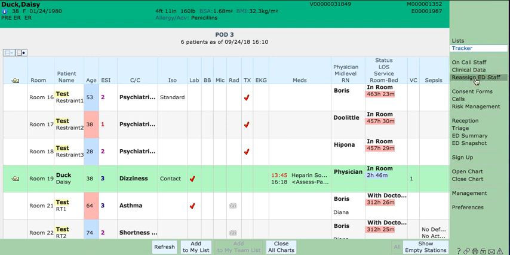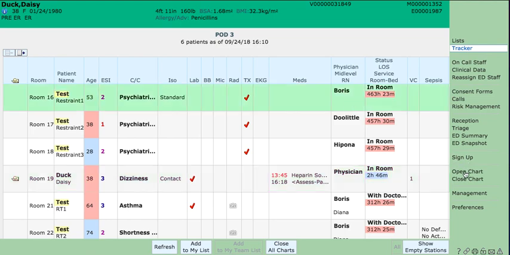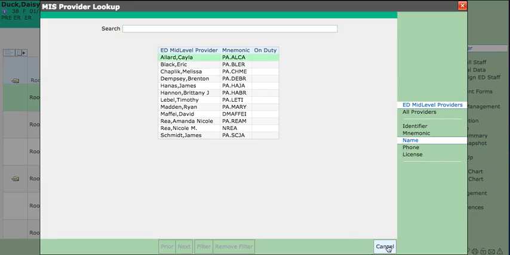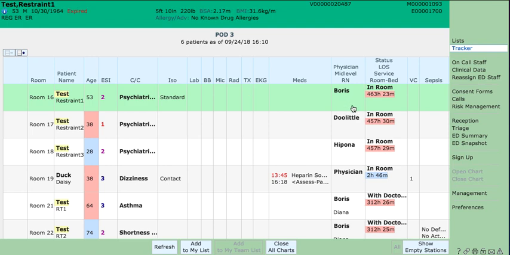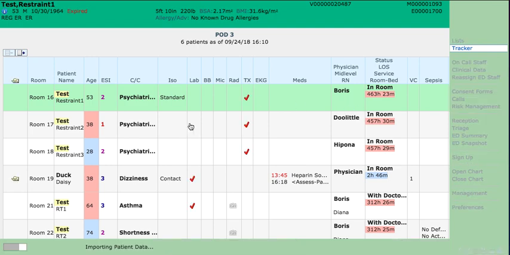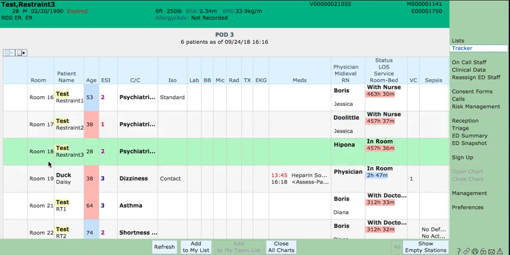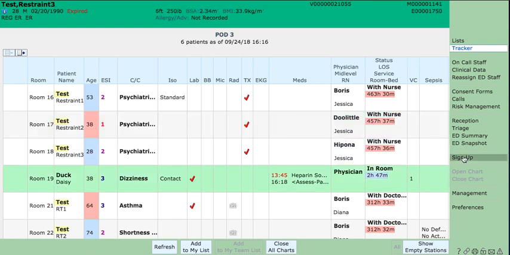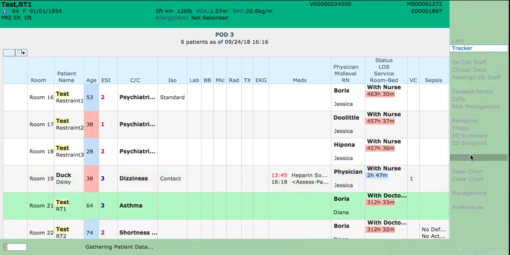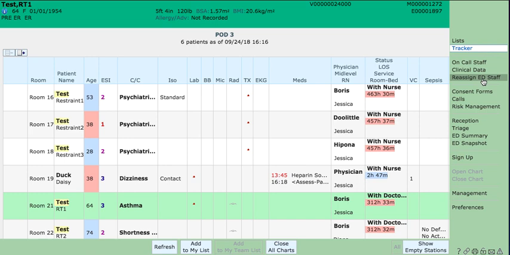The next icon is to reassign ED staff. So let's say that you have a couple of patients in this section, and it's time for you to give report to the oncoming nurse. Or maybe you have two different nurses that you will be giving report to. You're going to click on reassign ED staff,